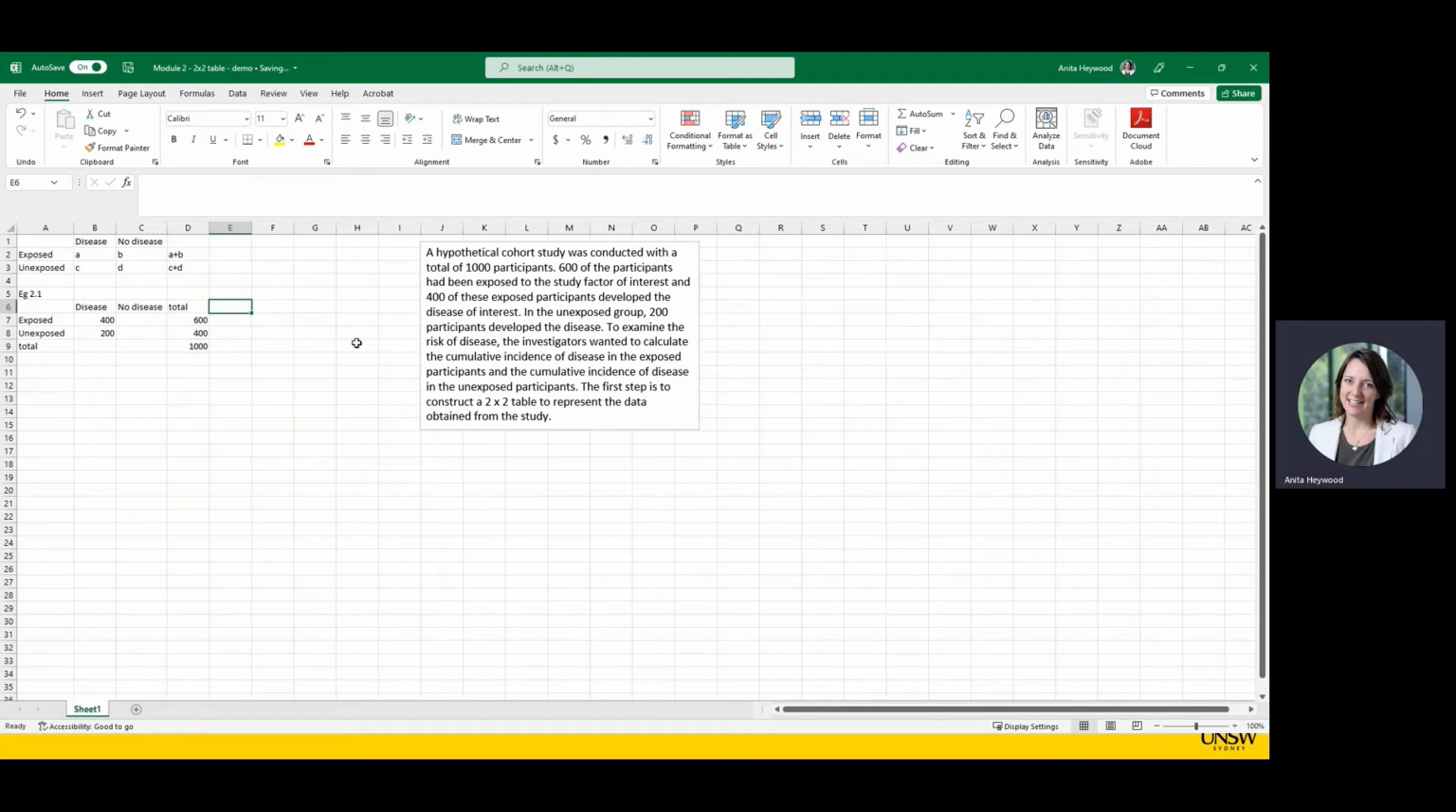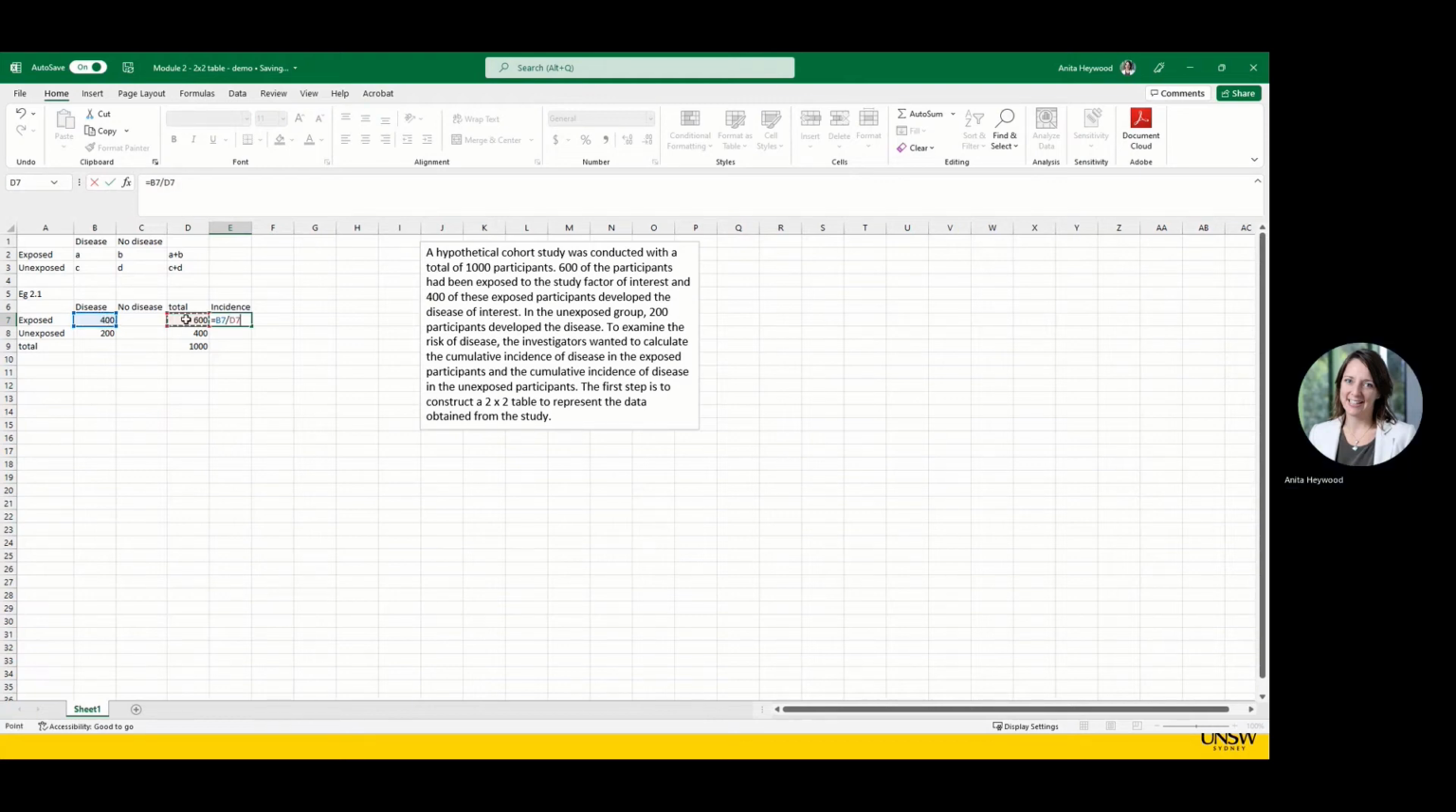So an easy way to do this, so you can see the different steps in what you're calculating, is to first calculate the risk, or the incidence, in each of the exposed and unexposed groups. So I'll call that incidence here, so it's cumulative incidence, and we want to do 400 divided by 600. So equals cell A divided by cell D7 gives us